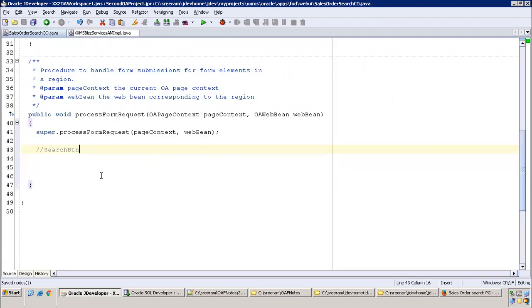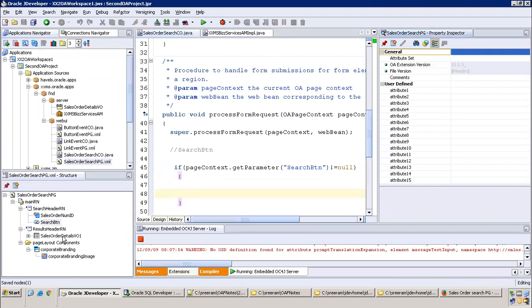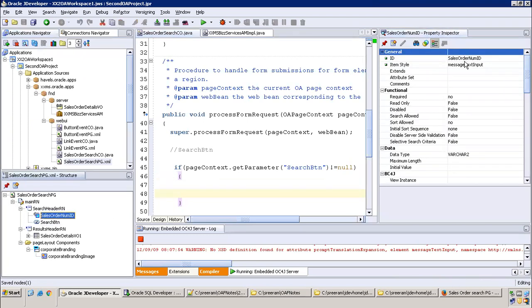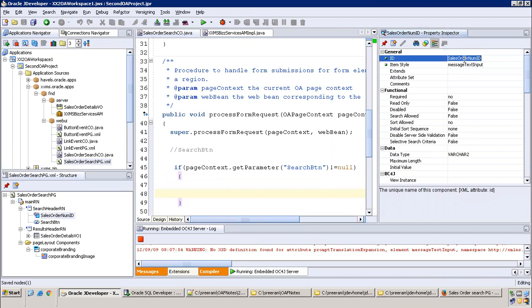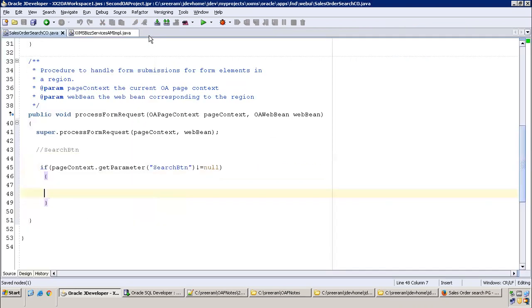Yes. So now in the CO, we have to handle the button. If pageContext.getParameter of the button name is not equal to null, that is, whenever the user presses the search button and it is validated correctly, then we need to get the order number which the user has entered and pass it to the AM.